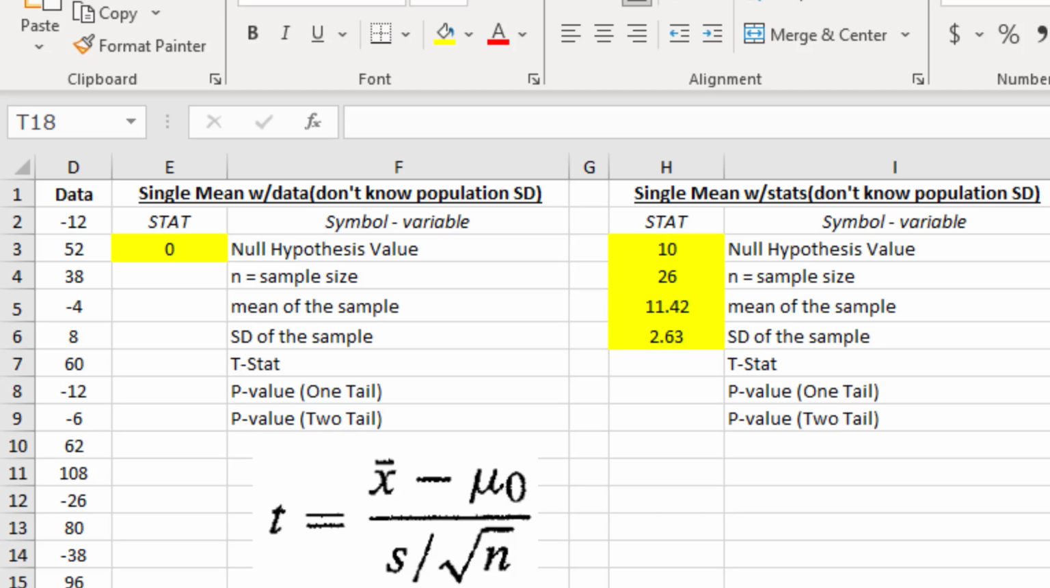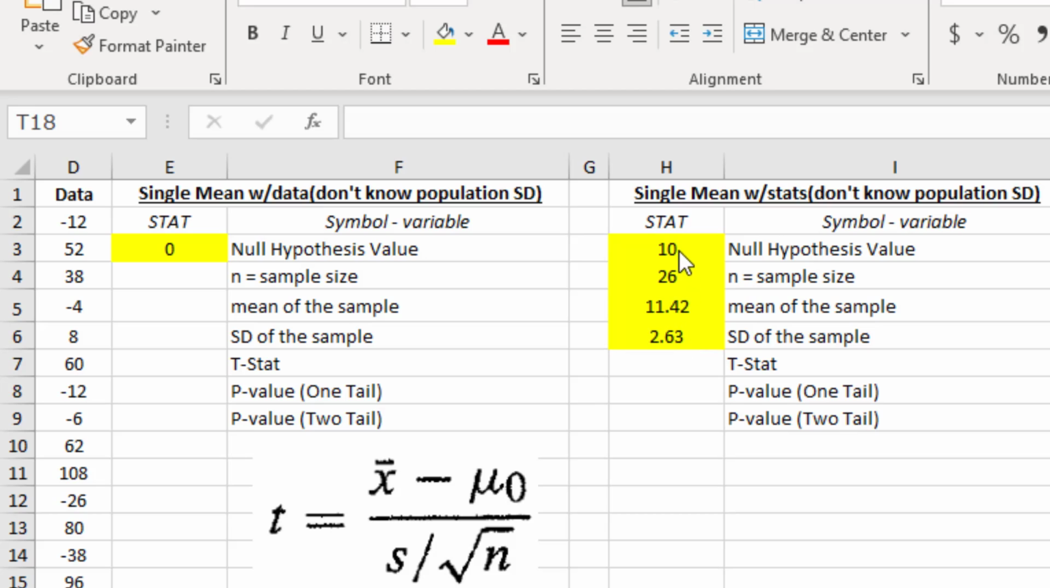Okay, in this video we're going to make a simple Excel calculator for doing hypothesis testing on a single mean when we don't know the population standard deviation. So therefore we're going to be living on the student t-curve. And we're going to look at both situations where we're given raw data or we're just given the statistics of our sample. So we'll start with the one where we're given the statistics because we now already have everything we